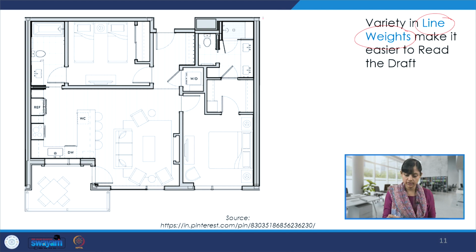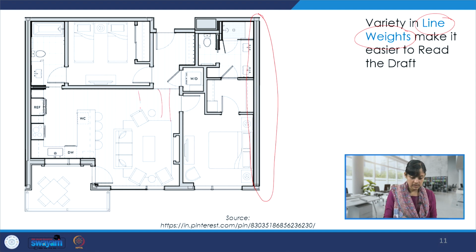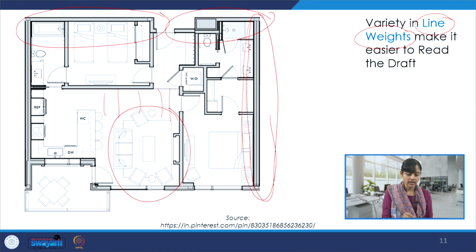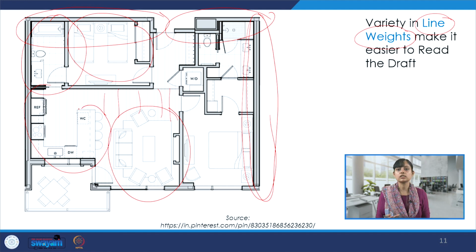So for example, over here, these are dark lines. And here, if we see, this is light. This furniture is light. So the main highlights are your building elements. So you will give your wall thicknesses and your width, and the line weights are assigned like that. So there are layers in the software and these line weights could be assigned there. And of course there are these other details which are marked lighter. So then there is a layer and it helps read these drawings.